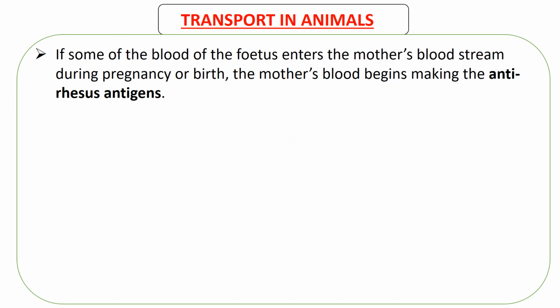If some of the blood of the fetus enters the mother's bloodstream during pregnancy or birth, the mother's blood begins making anti-rhesus antibodies. Let's say the father is rhesus positive and the mother is rhesus negative. Since the rhesus status of a child is determined by the rhesus status of both parents, if the father is rhesus positive, the child is also going to be rhesus positive. So during pregnancy, if the blood of the fetus enters the mother's blood, the lymphocytes are going to detect